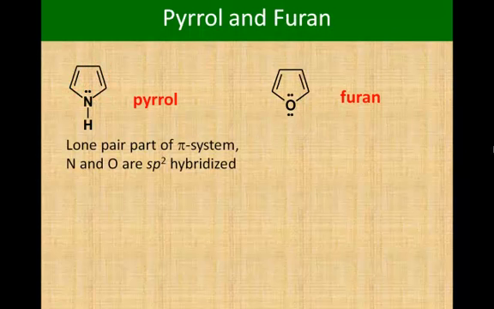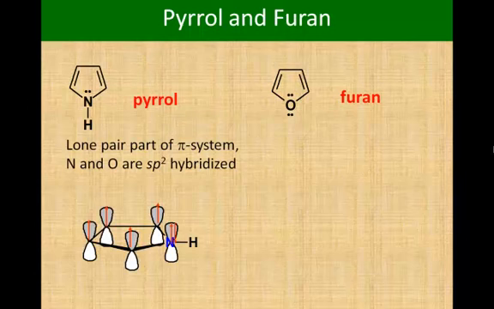Even though the way that I've drawn these molecules, the heteroatoms do not appear to be sp2 hybridized, remember in the example of the cyclopentadienyl anion, we said that if sp2 hybridization could result in aromaticity, then the atom will indeed be sp2 hybridized. If we have a look at our molecular orbital picture, you can see that we have